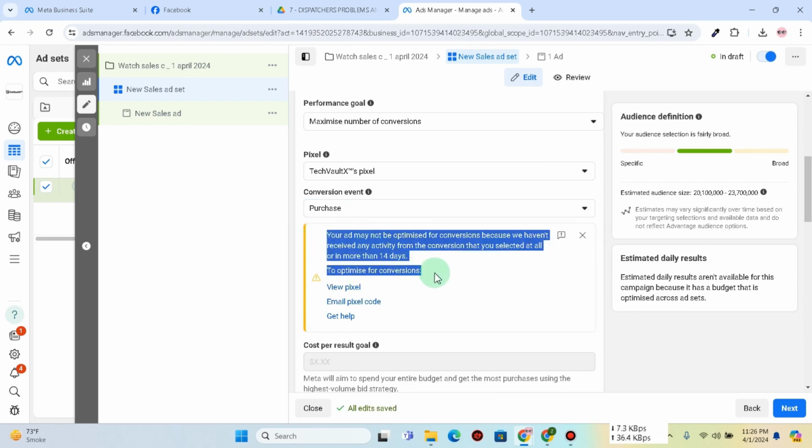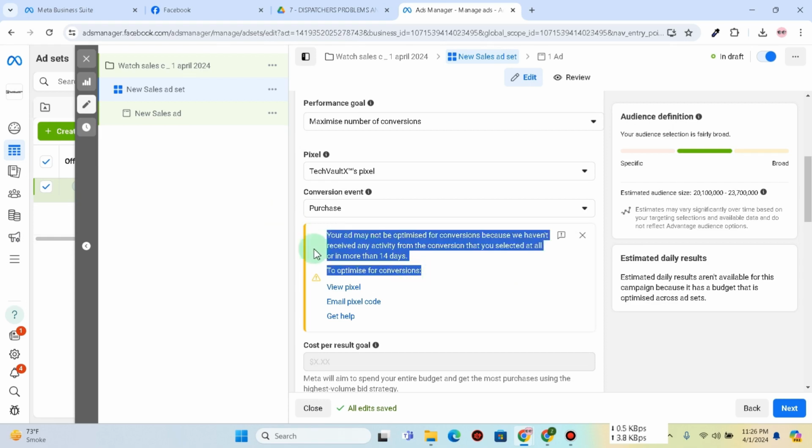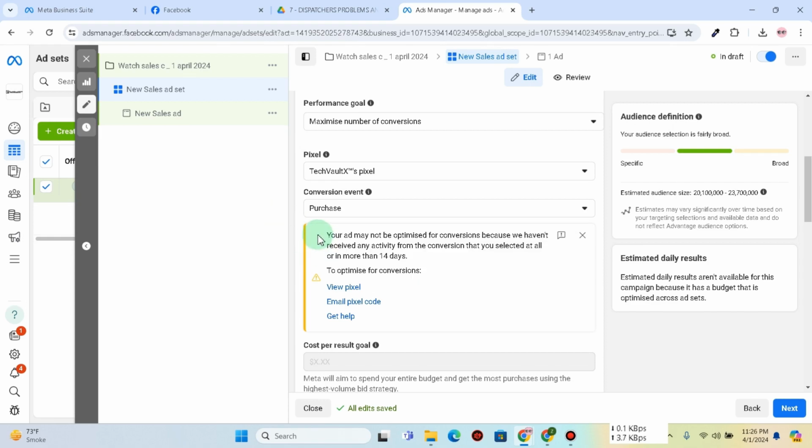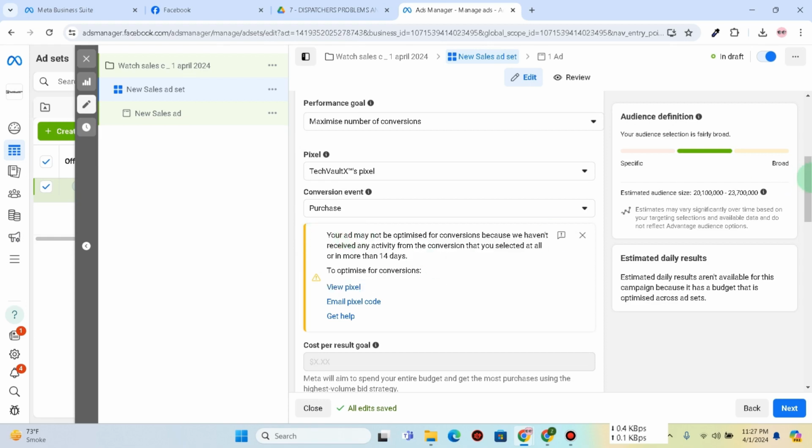You will see this message. Ignore this message. This is due to the no data. Your ad account will be new, like this my ad manager is new, that's why pixel has no data, it is showing this message. Scroll down,